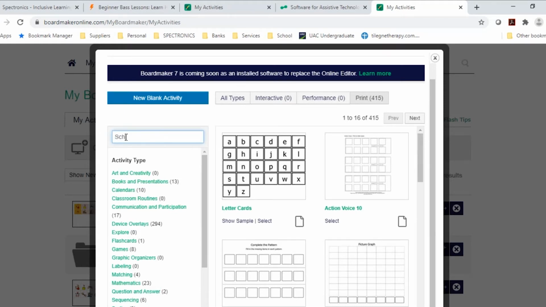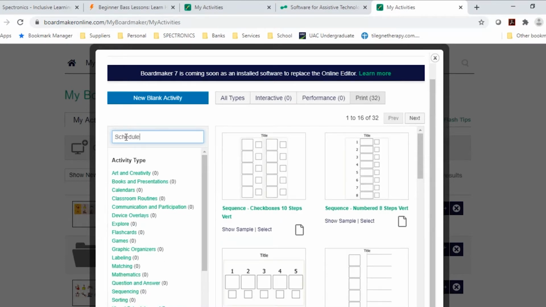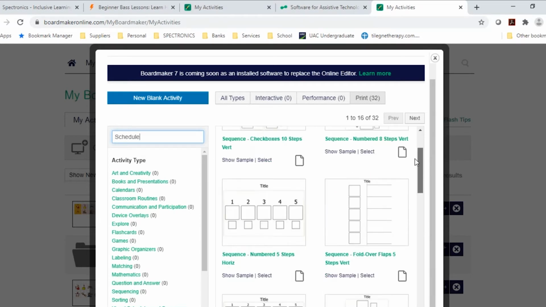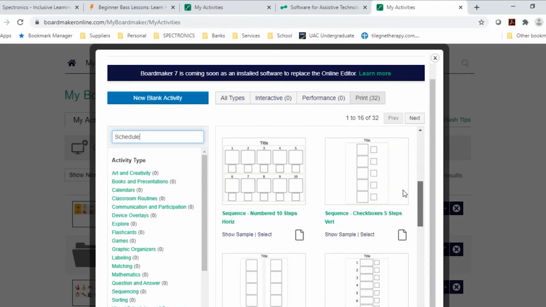But we can also do a search here. So if I do a search on schedule and do a return, we have one of 16, but we have a total of 32 schedules that we can choose from. So we can scroll down and have a look at a schedule. I'm going to pick the 5 steps vertical schedule box. And if you have a look here, it says show sample. So if I click on show sample,